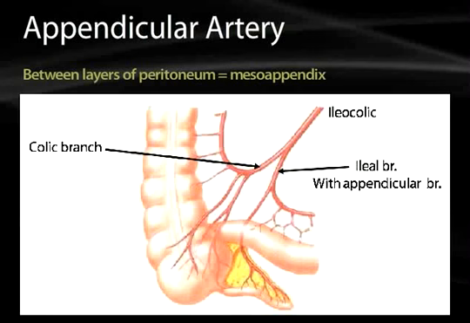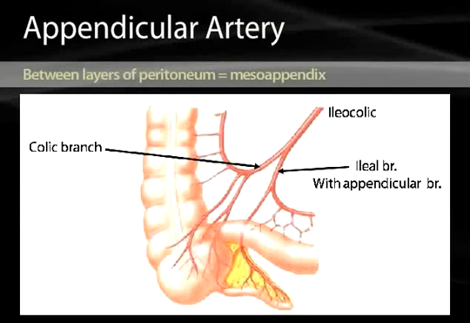Another important area is going to be the appendicular vessels, as they supply the appendix and the mesoappendix. These are going to be between layers of peritoneum because the appendix is mobilized through its own little mesentery called the mesoappendix. The ileocolic artery will give an ileal branch, which will then give off an appendicular branch. And this has to be cauterized during the removal process of the